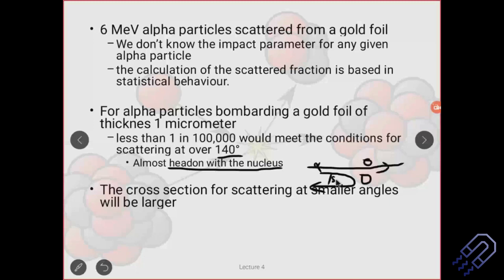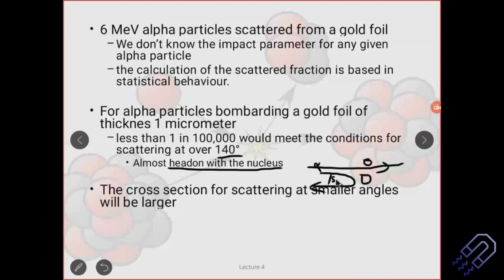On the other hand, if it goes very near, an alpha particle will get deflected. I think this image you have seen a number of times. Then the angle obviously won't be 0 degree or 180 degree, it will be somewhere around, let's say, 45 degree or 50 degree or 30 degree. So the cross section is more effective for smaller angle. That means if you consider this particular region, we will have more scattering. But if you consider a larger area, very far from the nucleus, there is going to be 0 degree scattering, so obviously the area is going to be less.